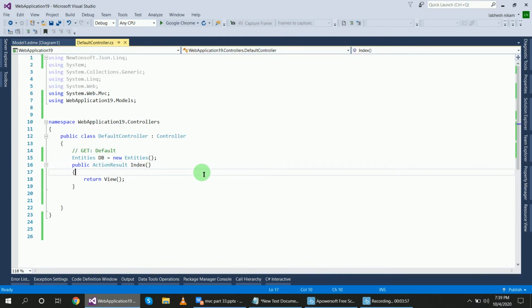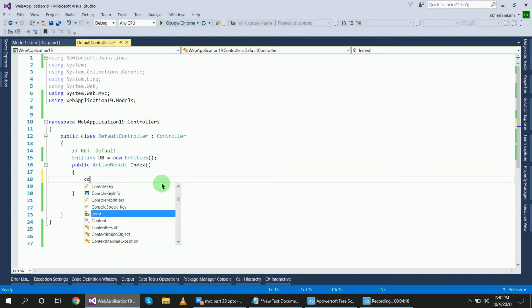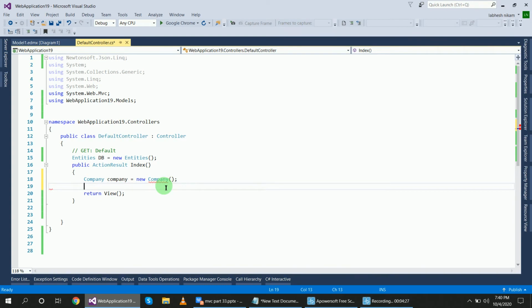Now go to the controller side and write the method inside of the Index. I will write the Index method for DropDownList and TextBox, sorry, TextBox only, not TextBoxFor. I will create the Company class, Company company equal to new Company.